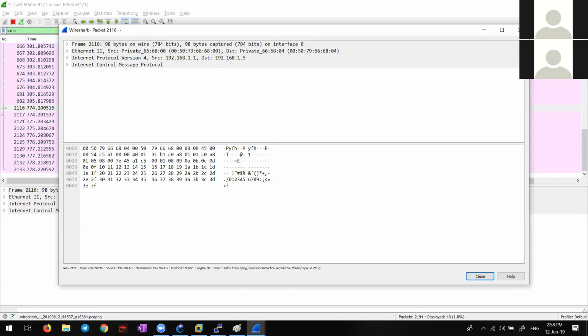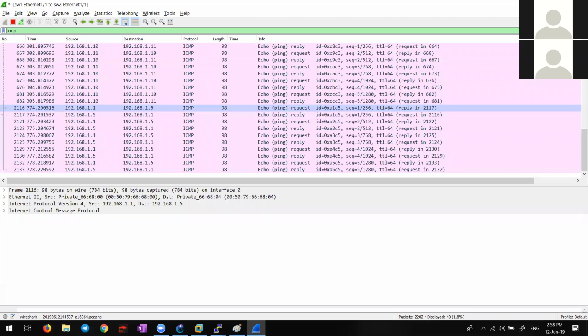Good. So the two PCs that you didn't make any changes on, yes, they will also be tagged because they are not the native VLAN. They are in VLAN 1 and it is not the native VLAN. So that means it will be tagged, right? Okay. What is the doubt? You didn't create any VLAN and you just changed the name of the VLAN? Those PCs are in VLAN 1 and they were still able to communicate, but you have to put them in the respective VLAN. No, you don't have to. So you will still communicate. Yes.